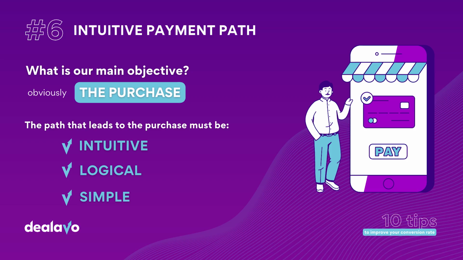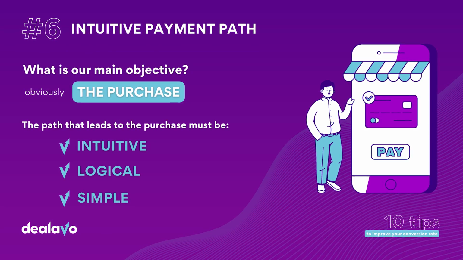So that's what we need to keep the client and make him buy our product. Number 6, intuitive payment path. What is our main objective? Obviously, the purchase. Therefore, the path that leads to the purchase must be as intuitive, logical, and simple as possible